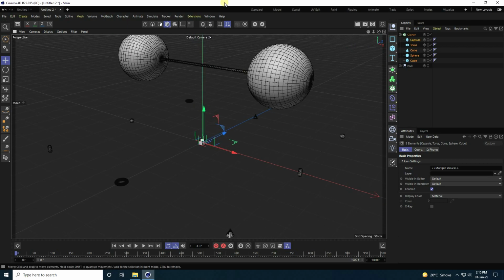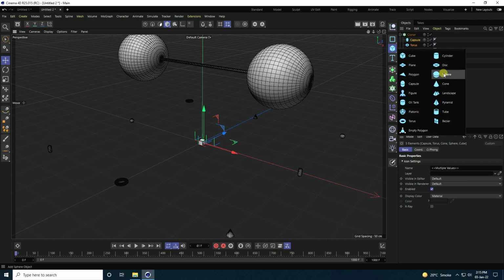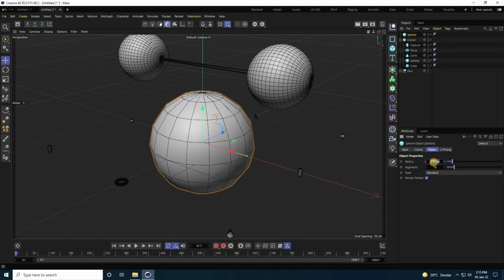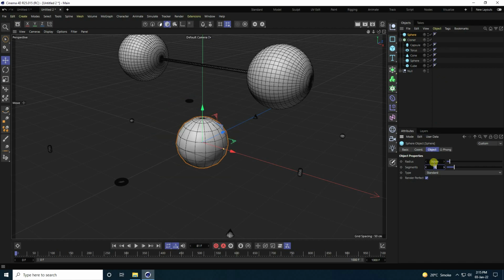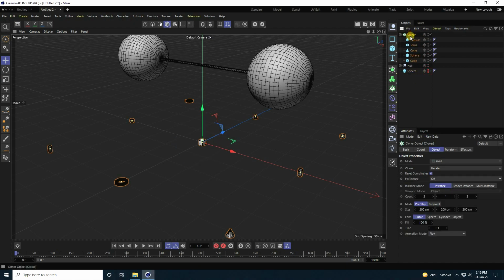Okay, so guys, I take one more sphere object. Take the sphere, radius the same, 50, and segments, guys, 50 is good. And guys, go down to the last one and hide on render. Yeah, select this cone, actually the cloner, grid, change the object, and see guys, that's my object. So drag and drop on here.